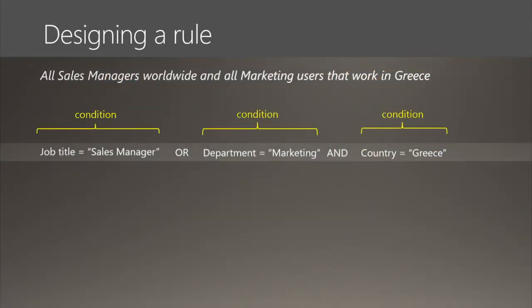But I'll take you through the process. I want to create a rule where all sales managers around the world and all marketing users in Greece, and we chose Greece, of course, for Nasos Kladakis, they all get access to an application. And so we see there are 3 conditions in this rule. We can easily set up those 3 conditions. Job title equals sales manager, department equals marketing, and country equals Greece. This is not enough because the conditions are actually set up paired. And so what we'll want to do is introduce the clauses. And what we're now saying is that all sales managers and anyone who meets the description of Nasos.